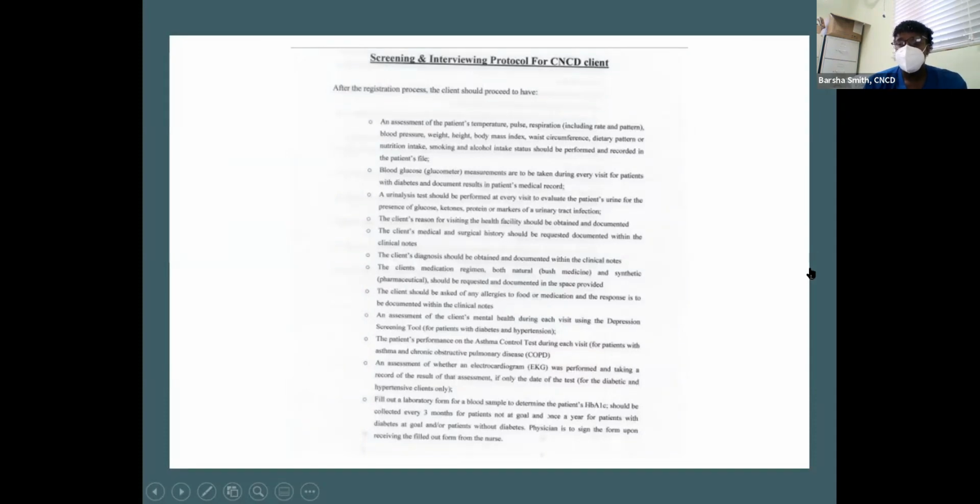Hopefully soon, we should be getting our electronic medical record system. I know plans are on the way for that. And also very soon, we have started discussion for the HEARTS Initiative with the Pan American Health Organization. And of course, that will be launched very soon in the Bahamas. And so therefore, it is important that all these assessments are being done on the patient.